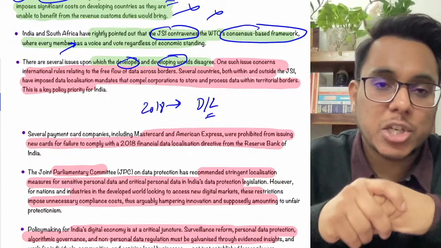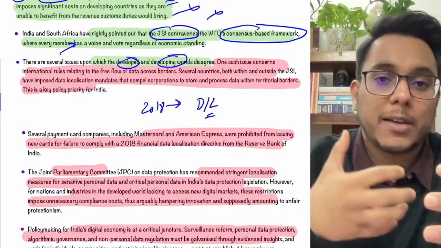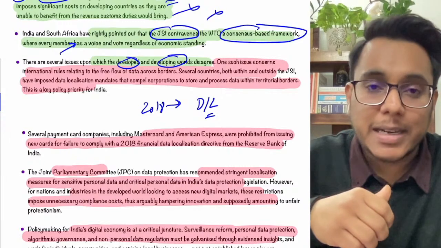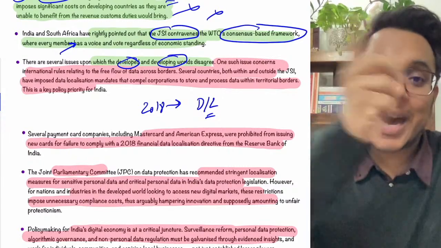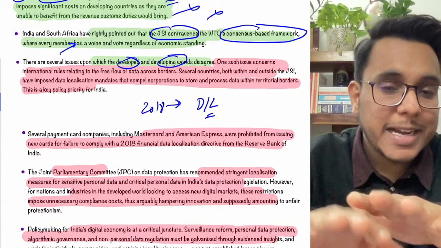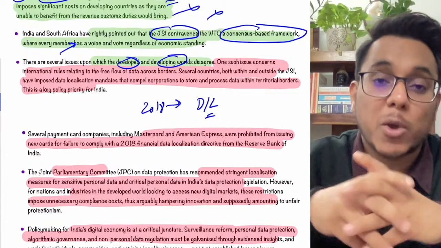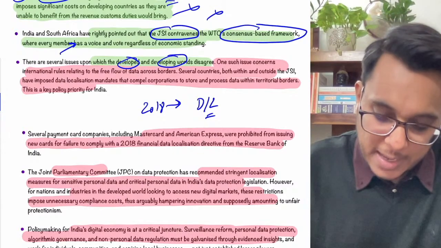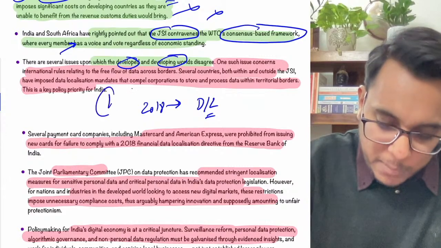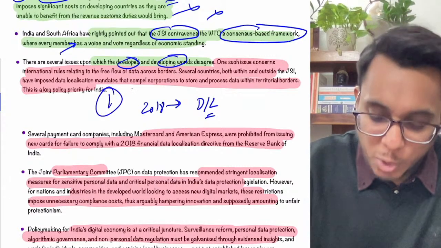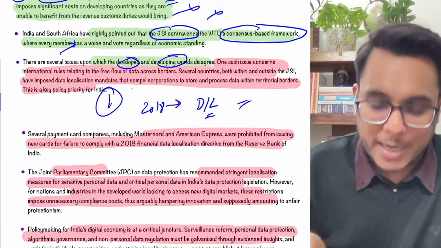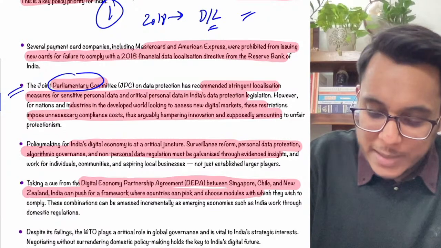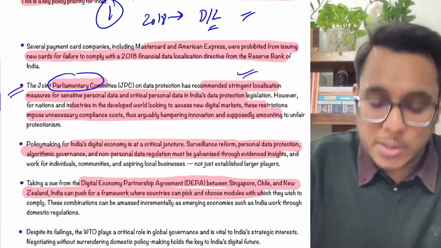Now these data localization norms are actually a contention ground between the developed and the developing countries. Developed countries such as the USA, their corporates are asking their government to just ask India to remove this data localization. Why? Because it will increase their compliance cost. New servers have to be installed here. So this is one problem between the developing and the developed countries. They don't want to go for this data localization. Moreover guys, even now one of our joint parliamentary committees has provided that data localization is to be carried out.